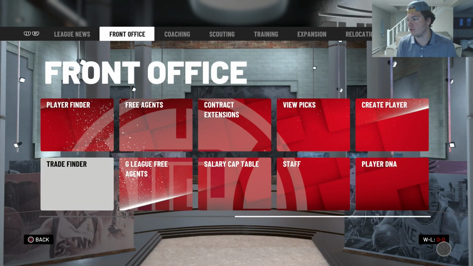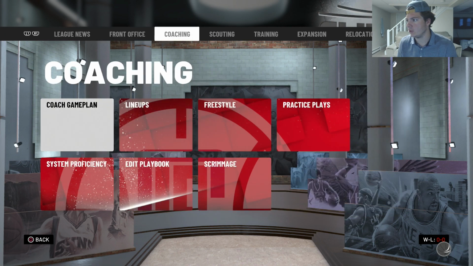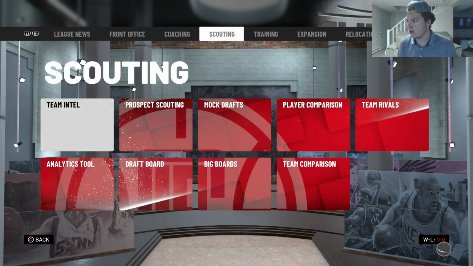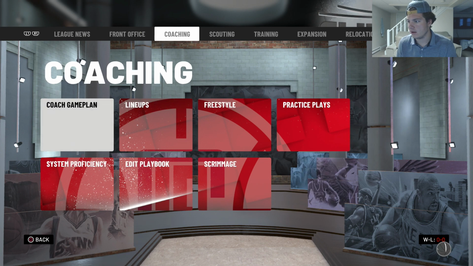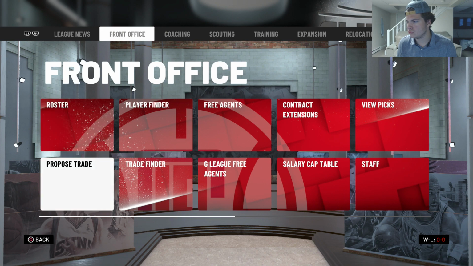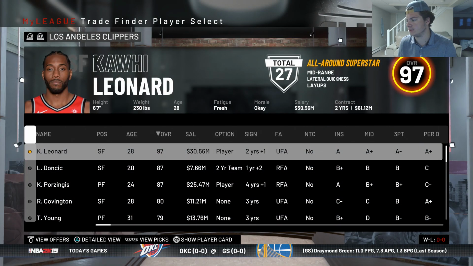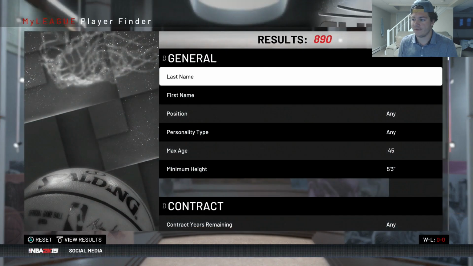So still no trade offers for Kawhi. I want to make sure he's not on my untouchables. Where's that again? Untouchables. I know where it is, but I don't. Maybe it's... No, it's not here. All right, I forget where untouchables is, but I'm just going to have to basically find a random trade for